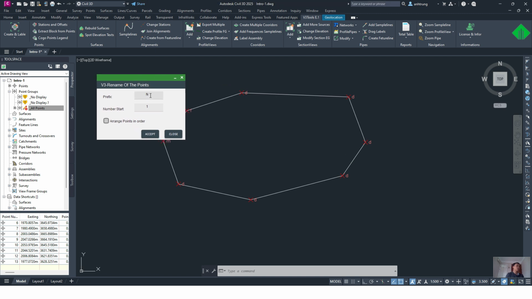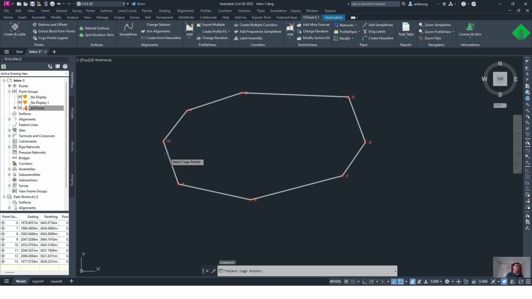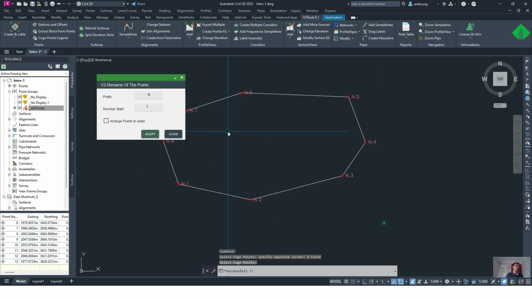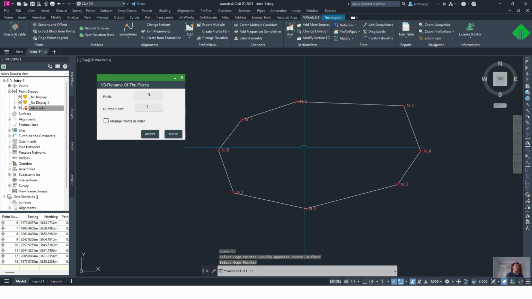The first one, we click rename with the name and the number star. We click accept and click select on point, or select 1, 2, 3, and you can see the number point follow when you click 1, 2, 3, 4, 5, 6. And if you click arrange point in order and click accept,